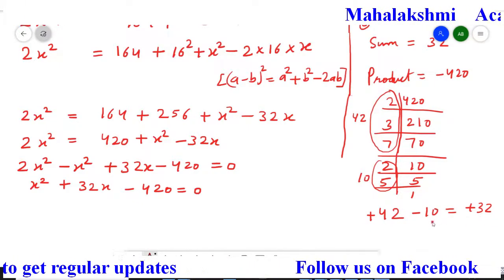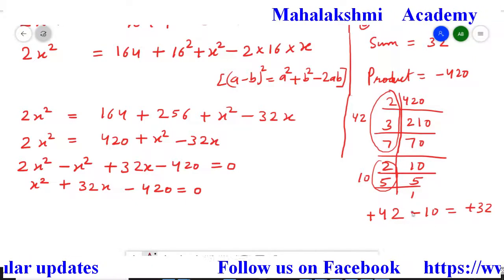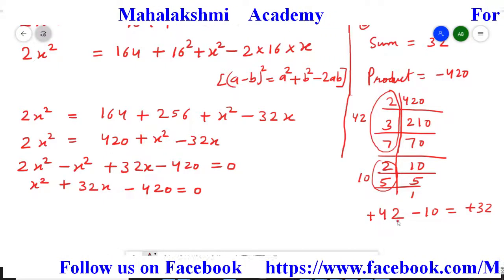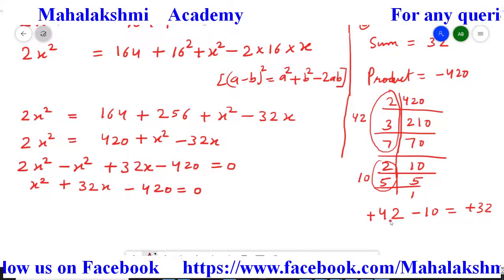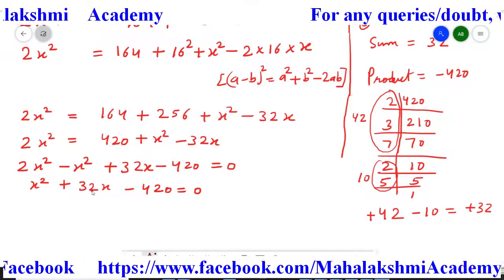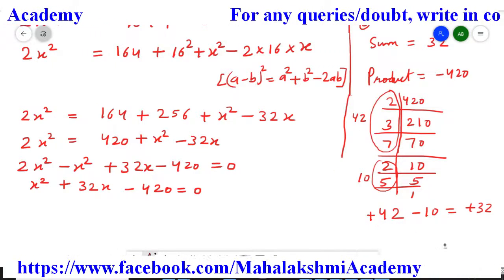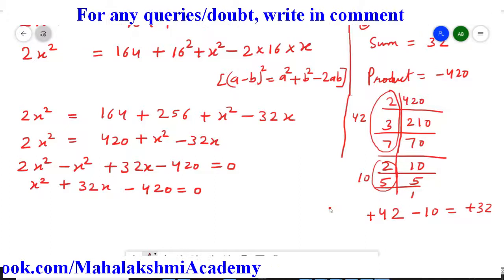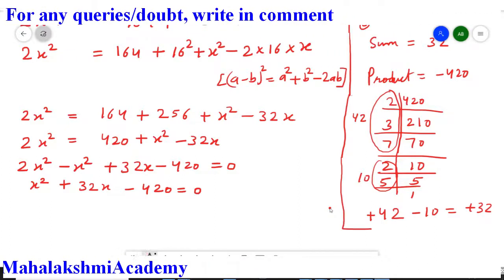So we obtain it here. Now when we multiply them, we get minus 420. So both conditions are satisfied, which means the selection of our numbers is correct. So these two are going to be the factors which you have to write here. This is the rough work to explain to you. It's not necessary to do while you are attempting the exam.